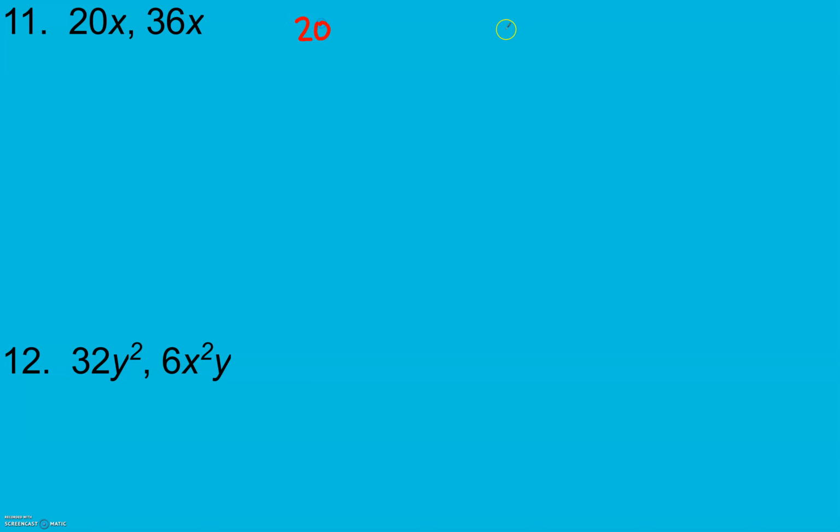We're comparing number parts first. So finding our factors. 20 is 4 times 5, or 2 times 10. 36 is 6 times 6. 4 is 2 times 2. 5 is already prime. 6 is 2 times 3. And 6 is 2 times 3. My 2's are prime. So are my 3's. So everything is prime. Now we can write our monomials